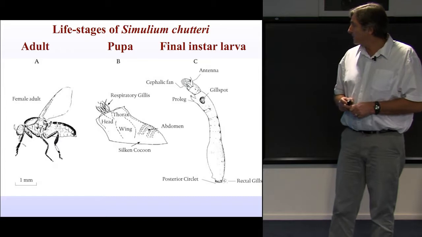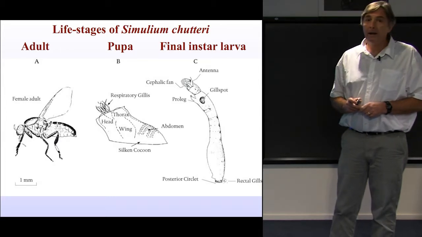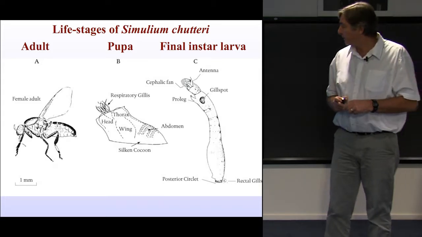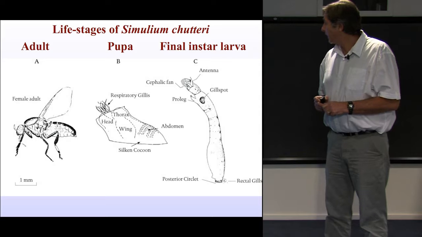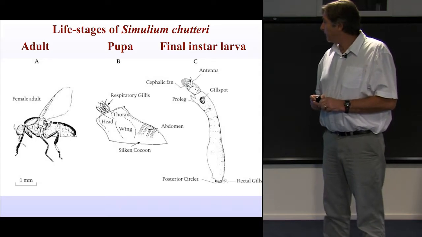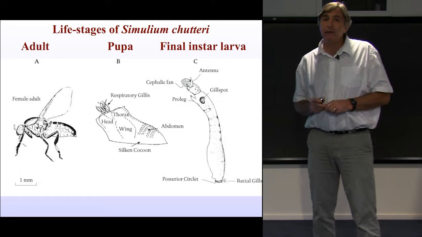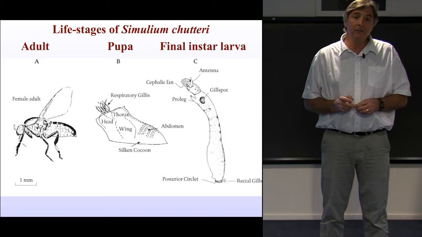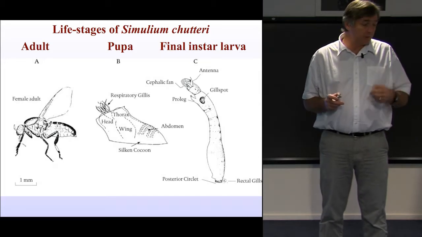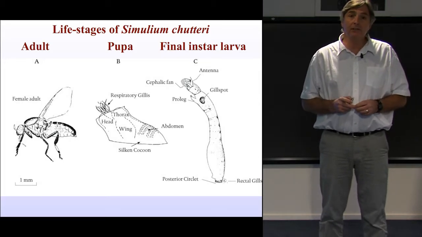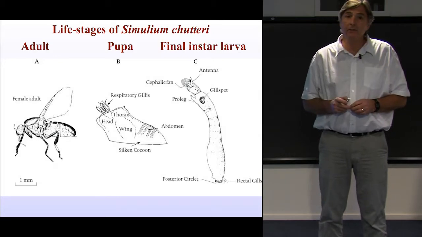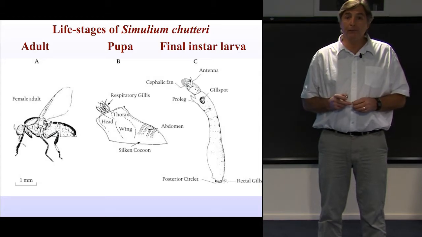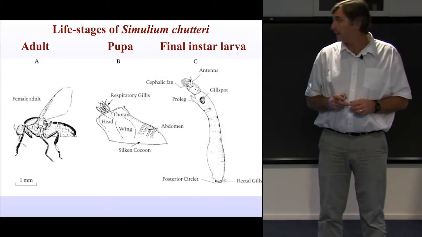Okay, and one of the consequences is that this little fly, Simulium chatteri, very small, about 9 millimeters long or so, breeds in the river. So its pupal and larval life stages are in the water, like mosquitoes, and then it emerges as an adult. And also like mosquitoes, the adult female is a blood feeder on mammals, and particularly likes farm